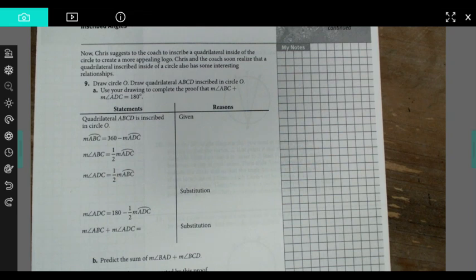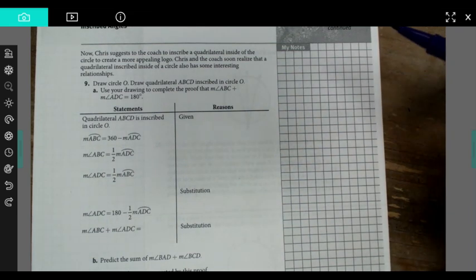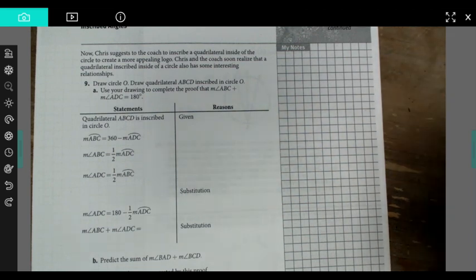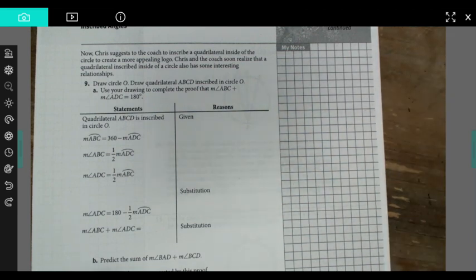Section 3 is going to cover question number 9. Now, Chris suggests to his coach to inscribe a quadrilateral inside of the circle to create a more appealing logo. Chris and the coach soon realize that the quadrilateral inscribed inside of a circle also has to be something interesting